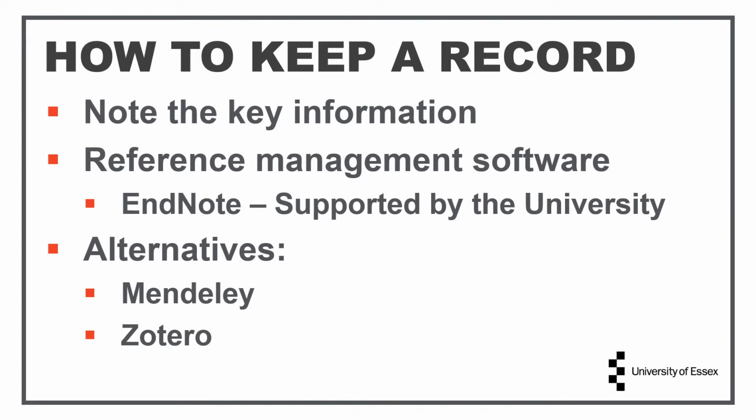So how do you keep a record of where information has come from? There are lots of ways you can do this. We'd recommend that when you're doing your reading and taking notes, make sure that you have a heading with the information you need to construct the reference. For example, you could have a Word document, and as you read something new, you use the information you need for the reference as a heading. You can then bullet point key quotes or ideas underneath this heading. This helps to ensure that you know where the information has come from when it comes to writing your assignment.